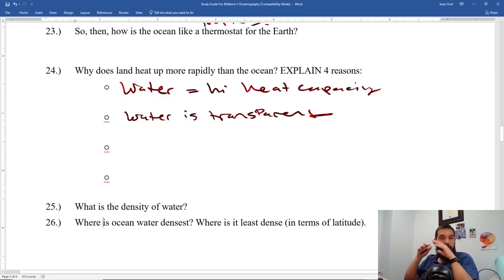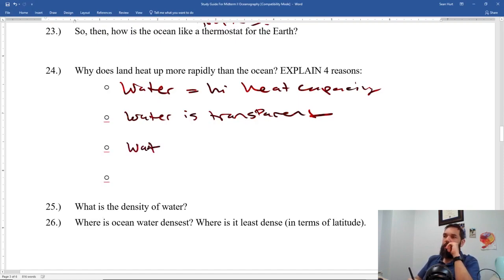So that sunlight goes through the layers and sublayers, and is heating up a much larger part of the ocean than it does on land. When the sun shines on land surfaces, the solar radiation doesn't penetrate deep into the earth. It only heats up the top inch or whatever. Okay. Now another thing is that